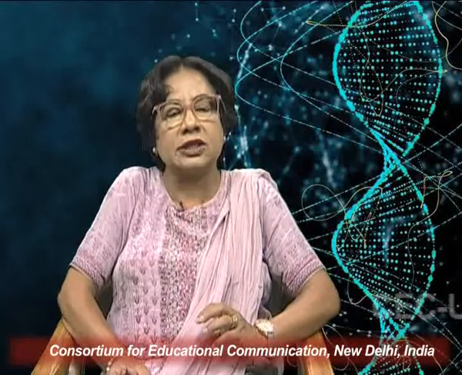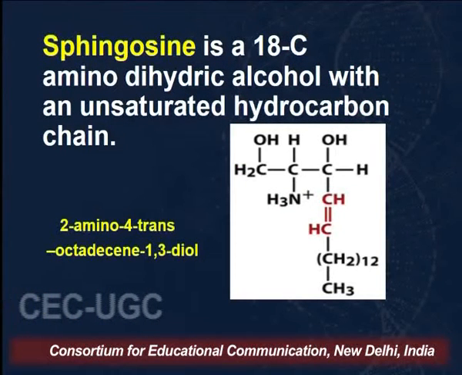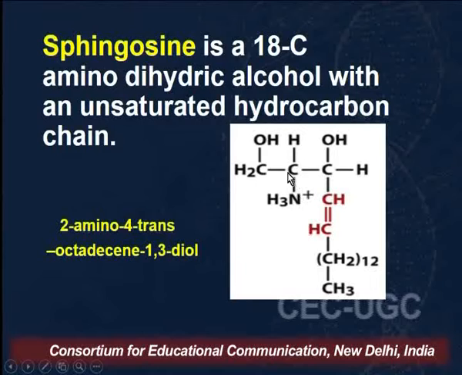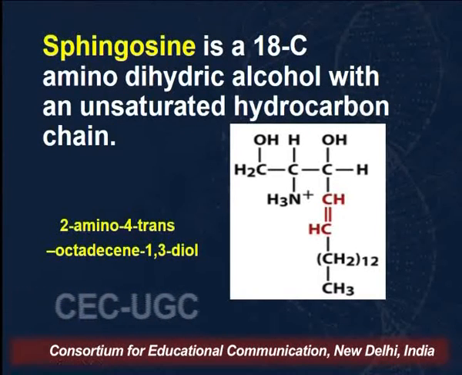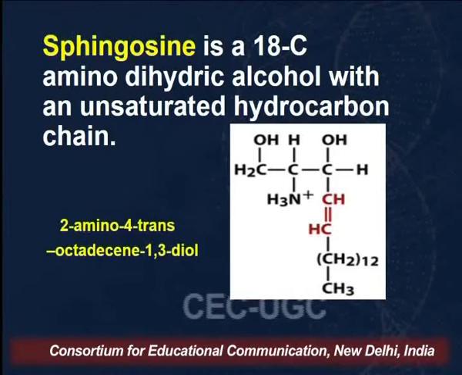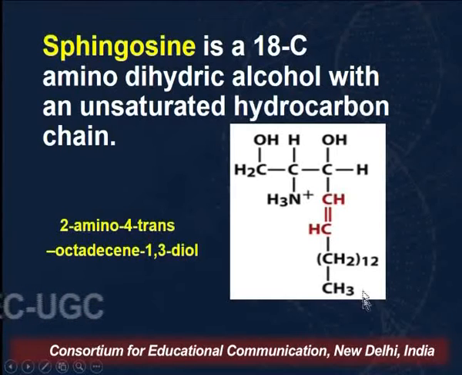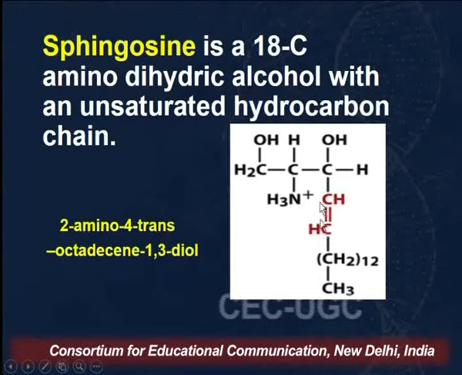And when we talk of sphingosine, what we find, as you can see on your screens, is that it is an 18 carbon molecule alcohol. We start the numbering from here, please remember, because we are going to number it according to the lower sum rule. So this is 1, the amino group has number 2, and this is the third, OH. And then when we go down, we find that the double bond is between the third and the fourth